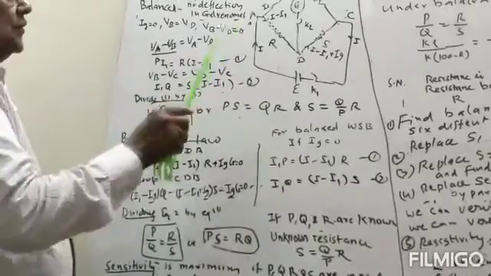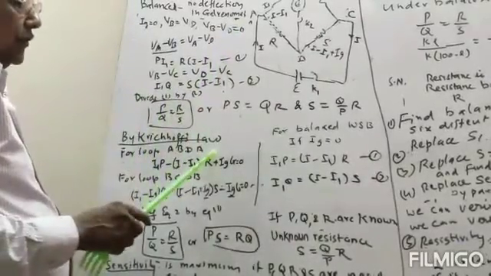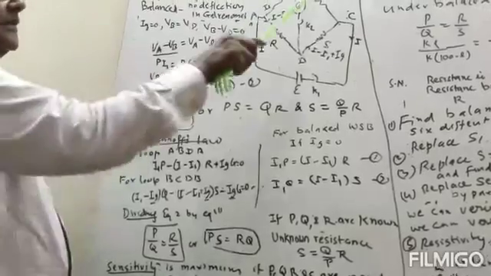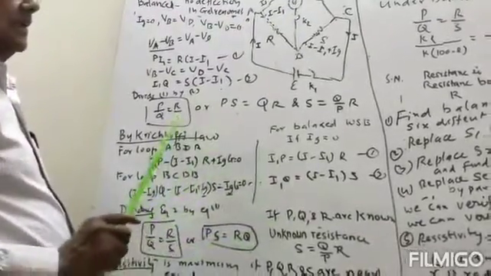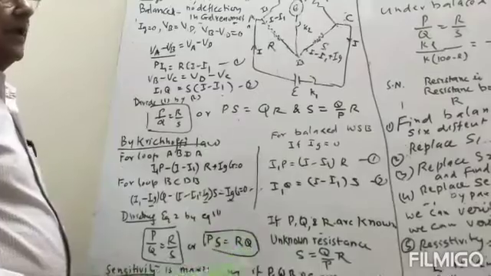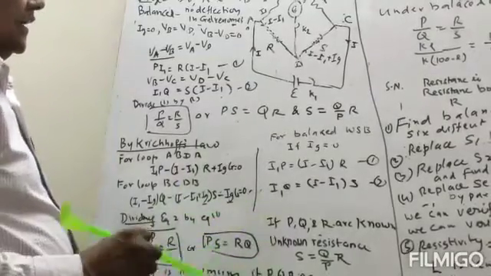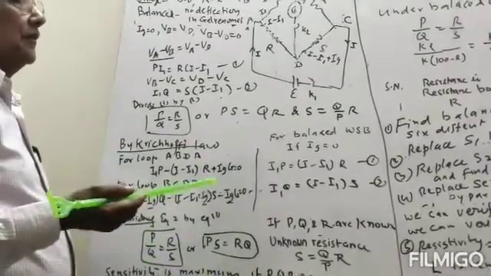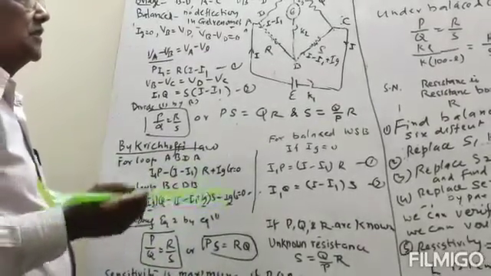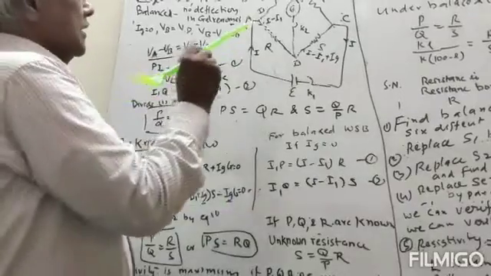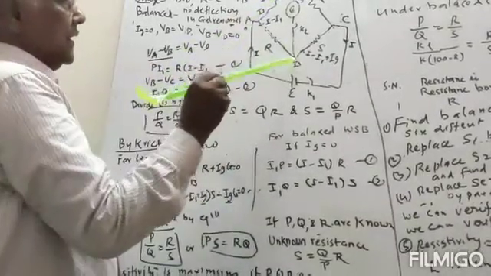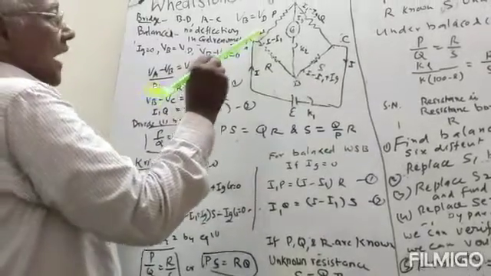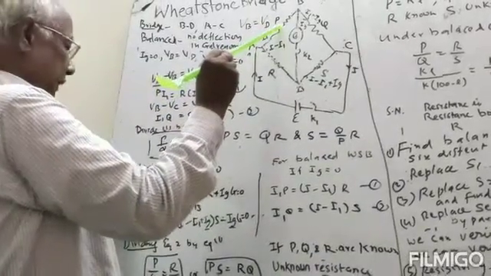Another method is we can use Kirchhoff's law. In Kirchhoff's law, first we will take that the current in this arm is not zero and the current is Ig. That will be the unbalanced condition. And then we will take a special case when Ig is equal to 0, then it will be the balanced Wheatstone bridge. So here, if we take the loop A, B, D, A, then I1 into P,